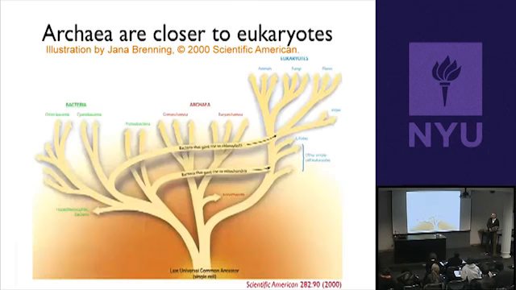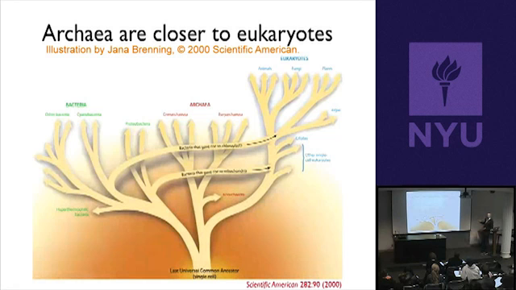And it looks like this. And a bunch of slides in this lecture are from this required reading article from Scientific American. So we have these three major branches of life: the bacteria, the archaea, and the eukaryotes. And it turns out that archaea are actually more closely related to us than they are to bacteria. Okay? So you can see that the way you read that is you say, okay, this is animal, so we're up here somewhere on one of these branches. And we trace back in time, and we meet the branch that leads to archaea first before we meet the branch that leads to bacteria.